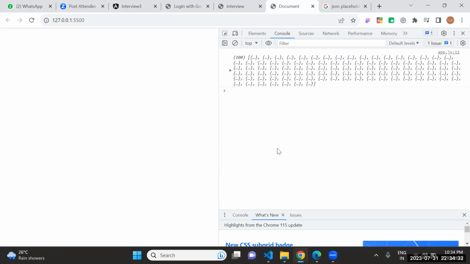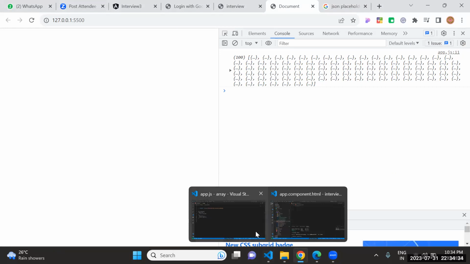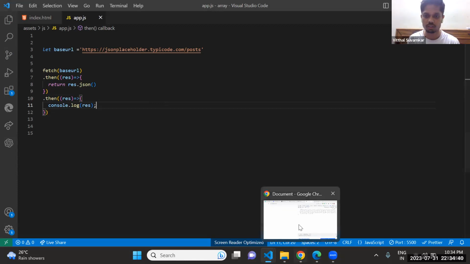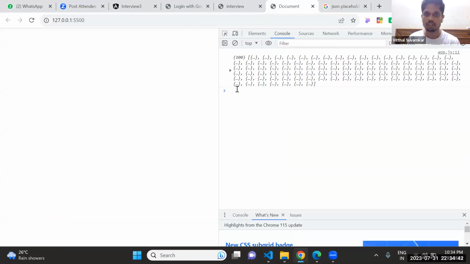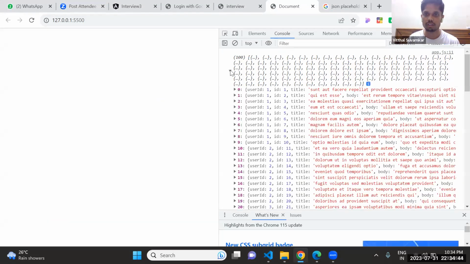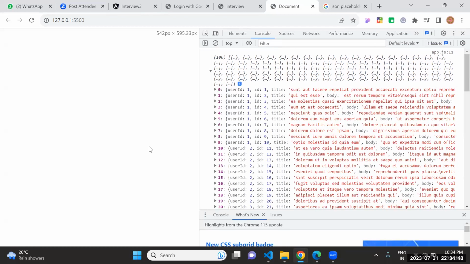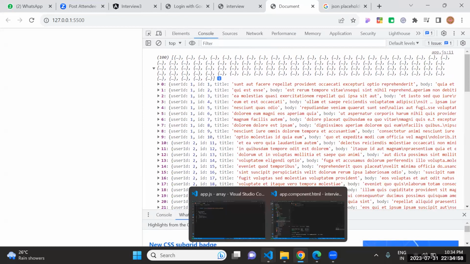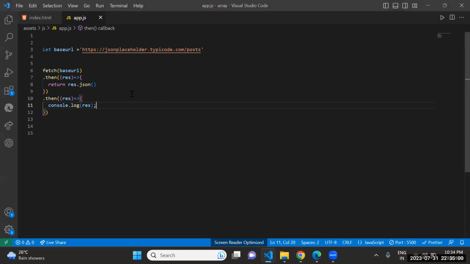Okay. Can you click on that? Hello, Vitthal. Open your browser. Okay, sir. In that there is user ID and title. Can you print the title on the UI? Take one paragraph and show me how to set it.